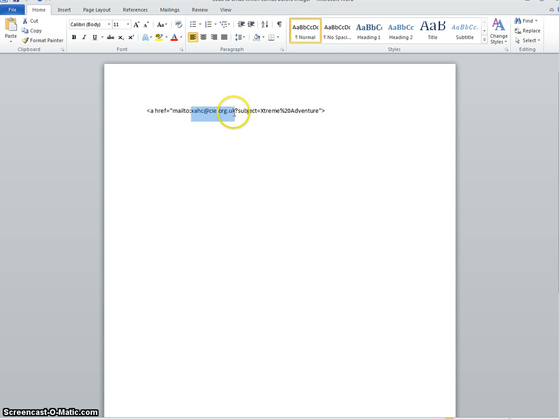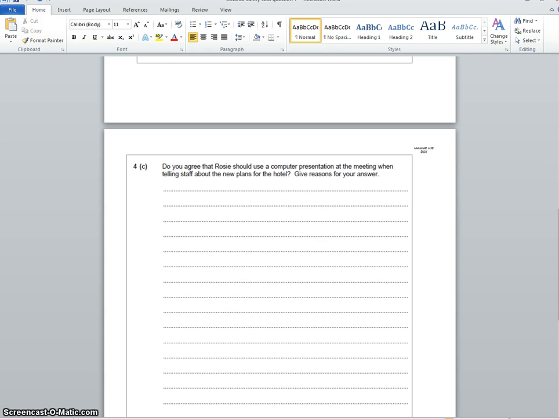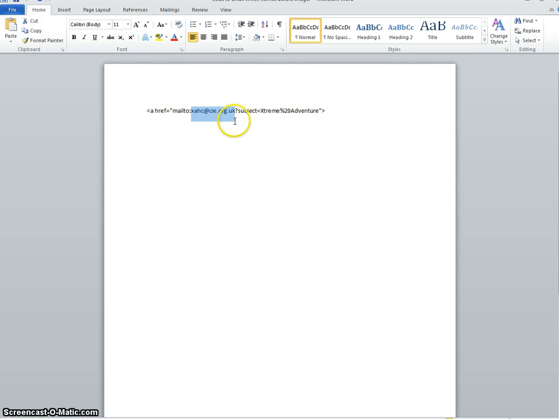This bit here is specific to your question. So for example, it says email to this bit here. Okay, so that's why that thing's there. Also, it's got a subject line, extreme adventure. So this last bit of the code, which is here,